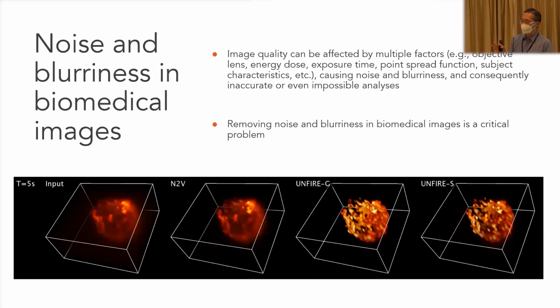Also, many of the approaches assume that you know lots of parameters, like the point spread function, when they create the image using the device. And we assume zero such knowledge. All we need is for you to give us the dirty image, and we will be able to clear it for you. So that's what we have done so far. And in my short time, I will